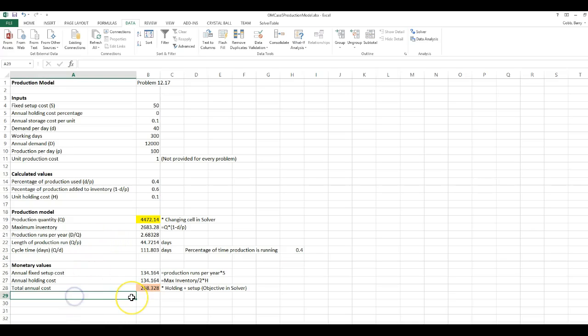Additionally, in this problem, if we want, we can add in the annual purchase cost of the inventory, which is annual demand times production cost, and perhaps we can name that production cost. And this would give us the total picture about what it costs to both produce and